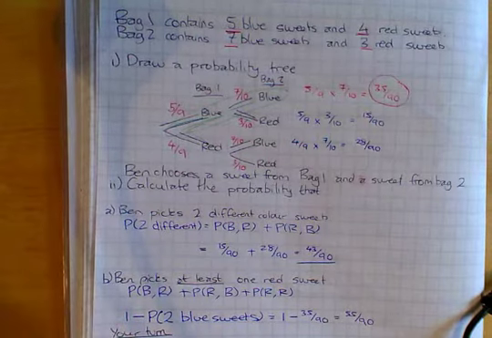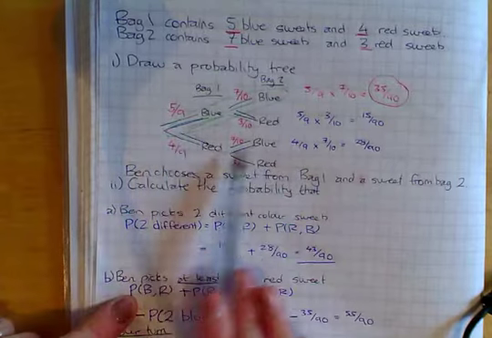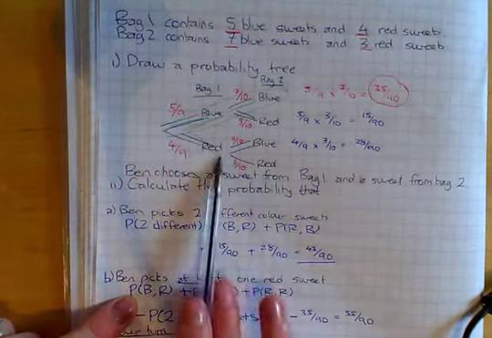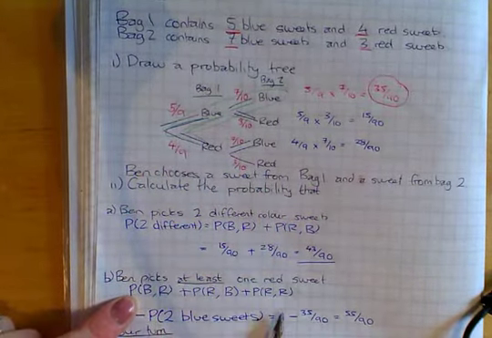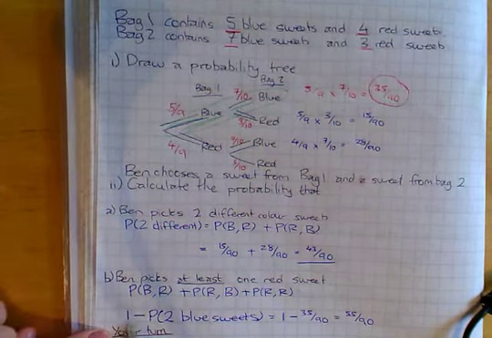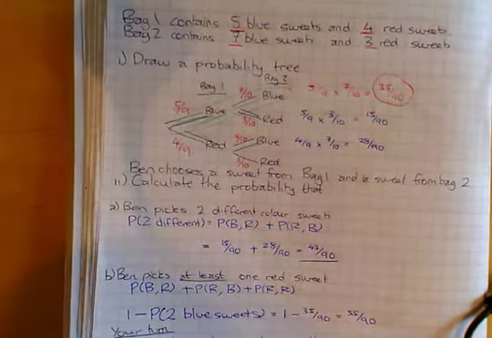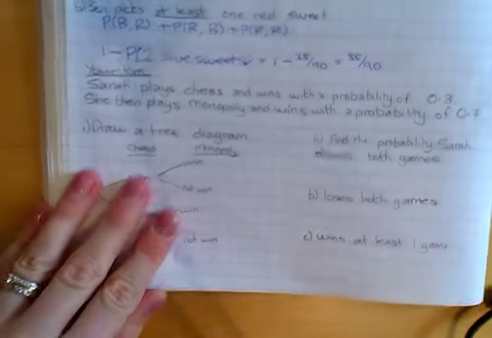If you'd have felt more comfortable finding the probability he picks a blue and then a red, which we've done here, a red and then a blue, which we've done here, and then doing red and red and adding those together, that's absolutely fine. It'll give you the same answer. This way is just a bit quicker and means you're less likely to make little mistakes on that one. So what I'd like you to do now is, using that example, have a go at the your turn question,